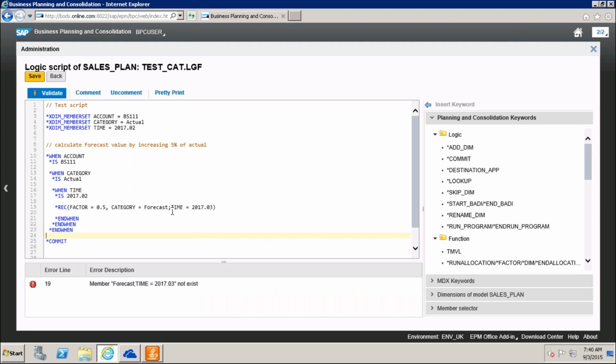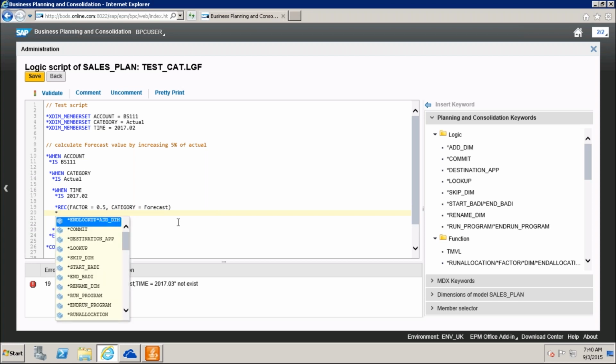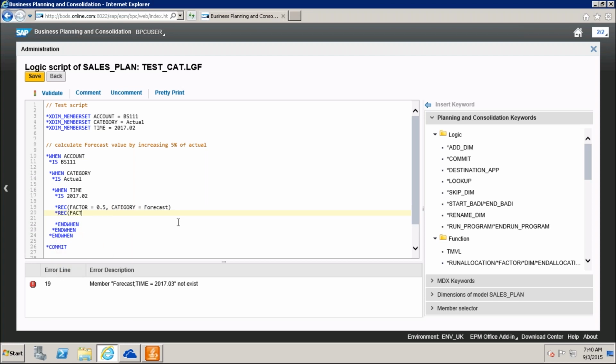So what I will write here, comma, star rec of factor is equal to 0.5, comma, time is equal to 2017.03.